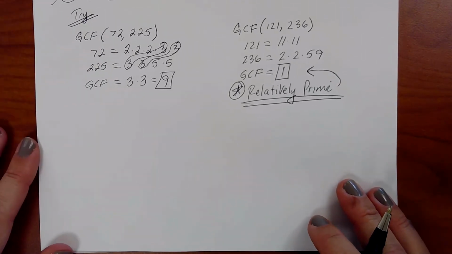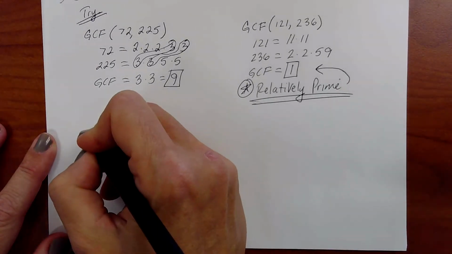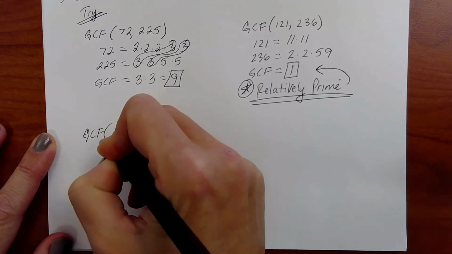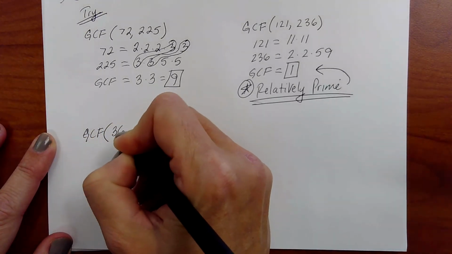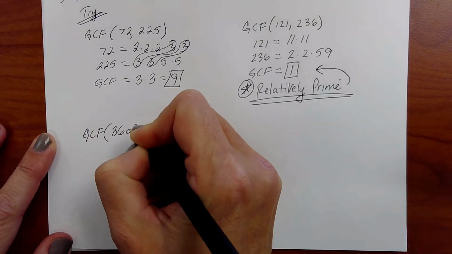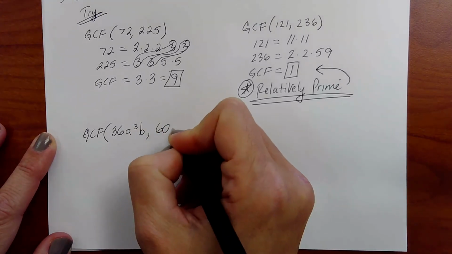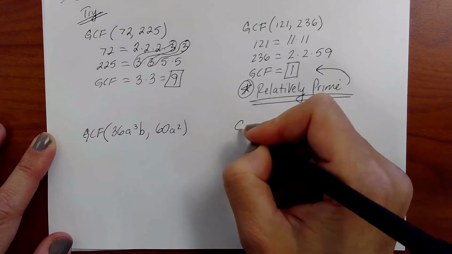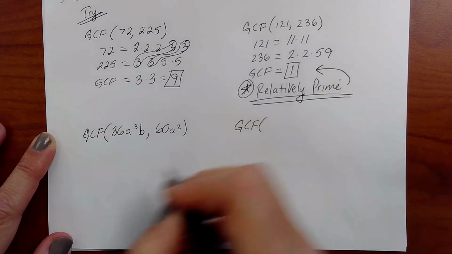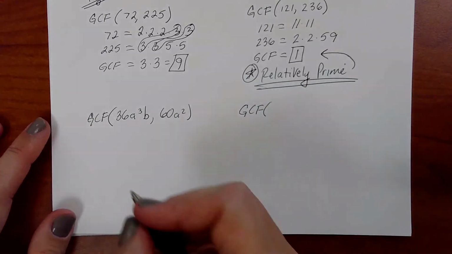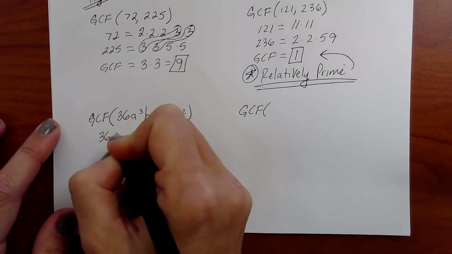Okie doke. We'll do 2 more. I'll write them down and you can try them. So let's try the GCF of 36 a cubed b and 60 a squared. Oh, I might have to do this one. I'll do this one with you. Let's do this one first. All right, so let's set it up. 36 a cubed b